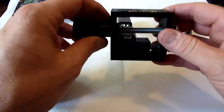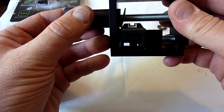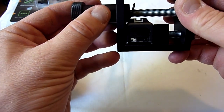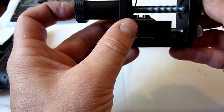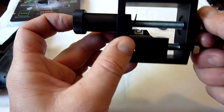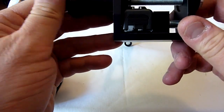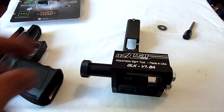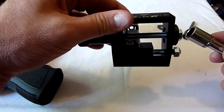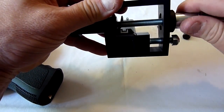Alright, so now that we have the slide clamped in there, we want to make sure we rotate our pusher so the angle portion is going to come up right against there, right on the sight. And then we'll just hand tighten this side here, and you can see it's already made contact there and we're ready to start pushing. So we'll want to grab our socket again, and we're just going to crank on this guy here,